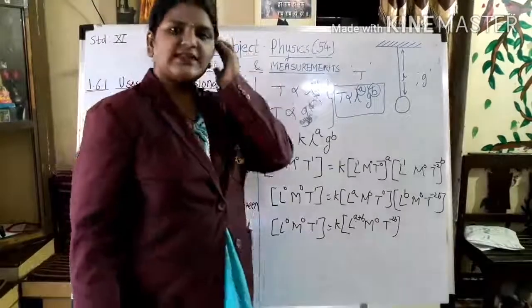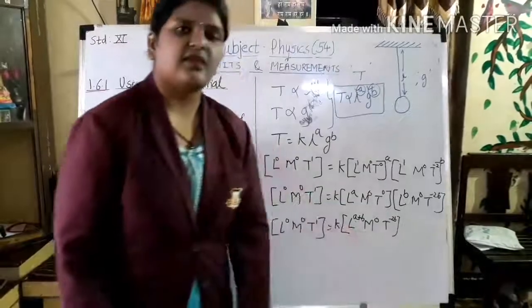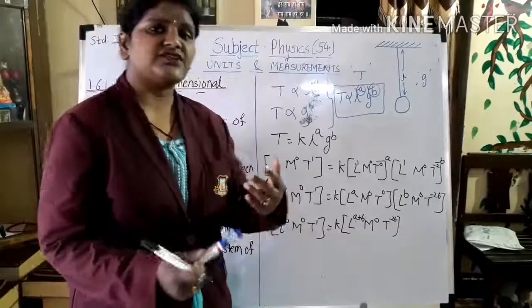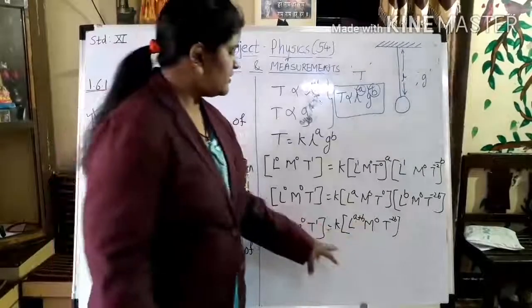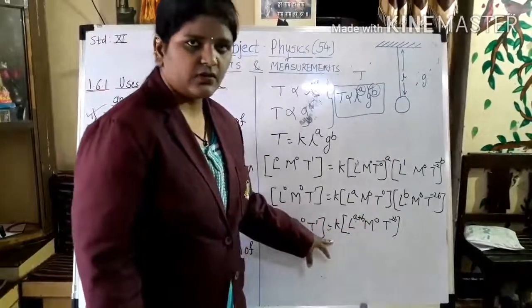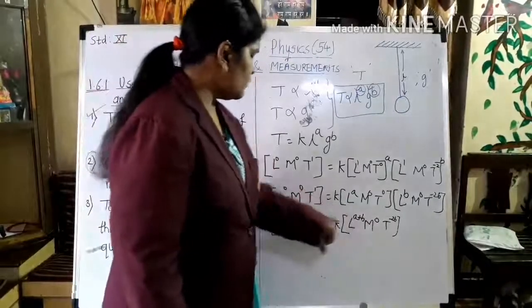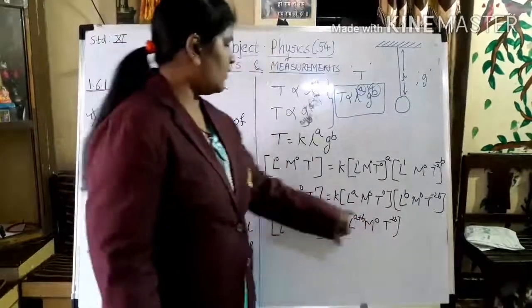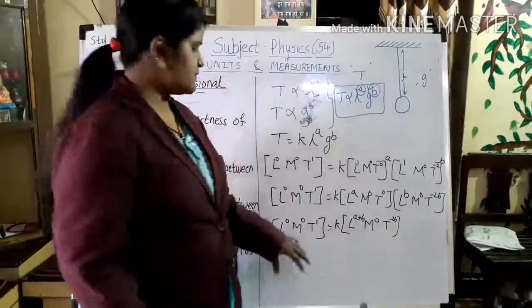So now what to do next? As you can see again, the bases are the same, so I can equate the index of both the sides. We are going to ignore the constant term right now, so it will be as it is. Now we are going to equate the index of all three quantities, all three basic terms. Which are the basic terms?